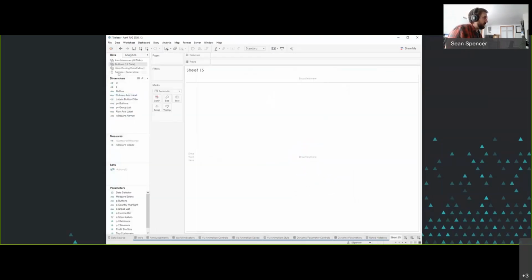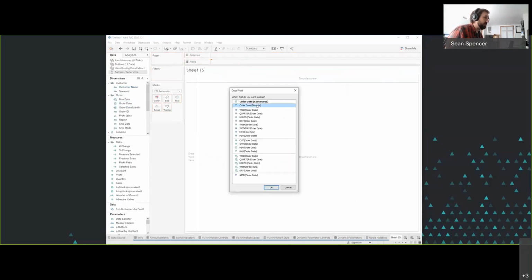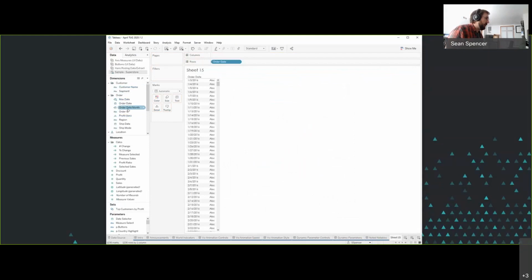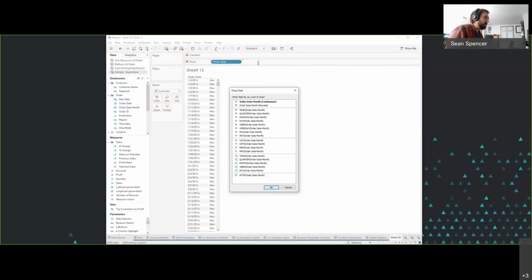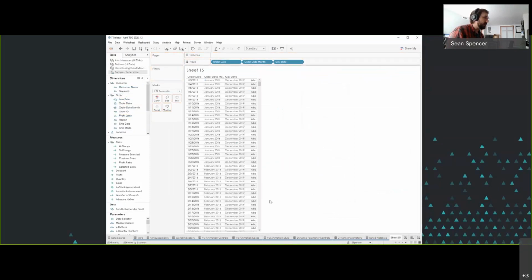And so to create those fields, I started with the order date is the field that I have. I parsed that down to the order date month. So I just used a date trunk formula to give me just the month of that item. And I used a max date formula. So the list is being populated by the values over here, and the parameter is being populated by the values in max date.